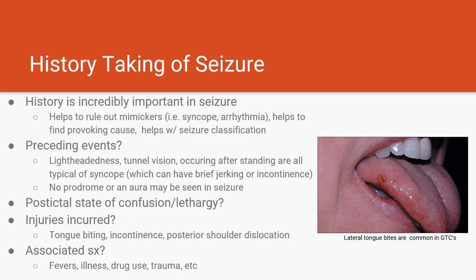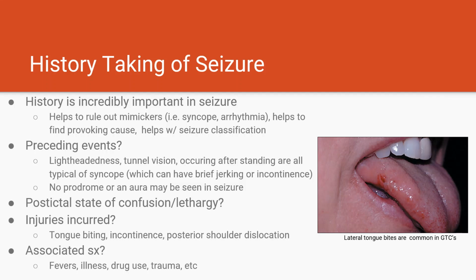So one of the most important things we do in seizure patients is just take a really good history. Not only is it helpful in determining seizure classification, as I was just discussing, but it can also help you rule out mimickers such as syncope or arrhythmia, and also can help you look for provoking causes of seizure as well. So when taking a seizure history, you want to always ask what happened directly before the spell and